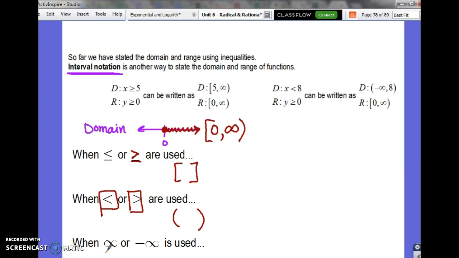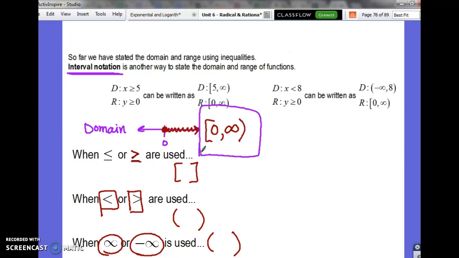And then anytime you use a positive infinity or a negative infinity, you will also use parentheses. So in the next several examples, we will talk about when to use brackets, when to use parentheses. One thing to note is that when you are using interval notation, which is what this is right here,